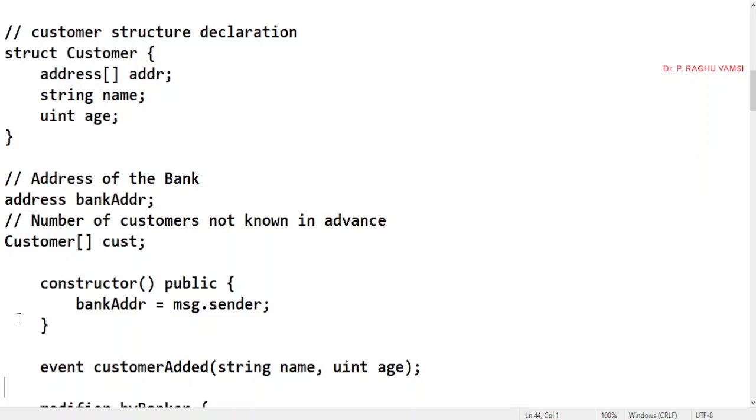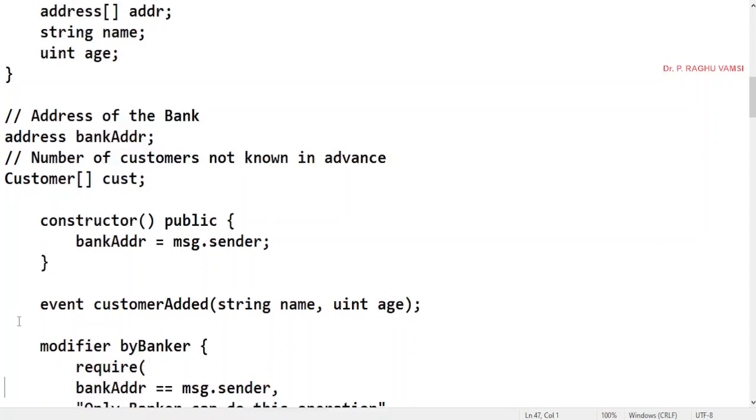In the constructor, bankAddress is equal to msg.sender, so we'll get the address of the creator of this contract. Event CustomerAdded, so whenever a new customer is added, it's an event, with string name and uint age.